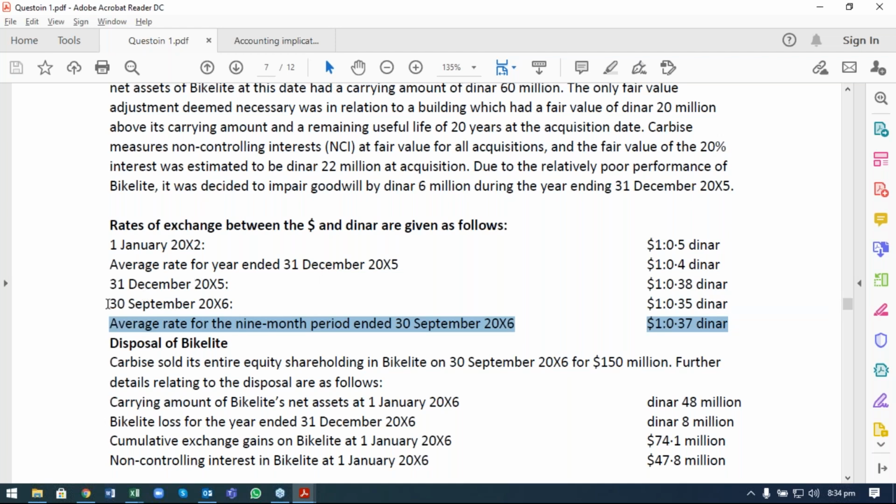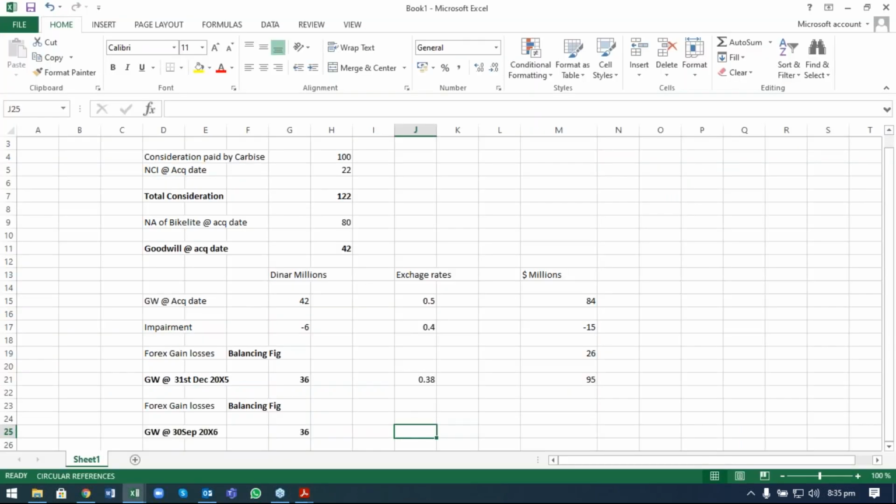Right now we have to consider, because there is no impairment on this period. Impairment was only for the time period till the end of 31st December 2005. Later there is no impairment on the goodwill, so the exchange rate is 0.35. So I'm going to consider 0.35, and I have to calculate the same working, and the goodwill value is 103